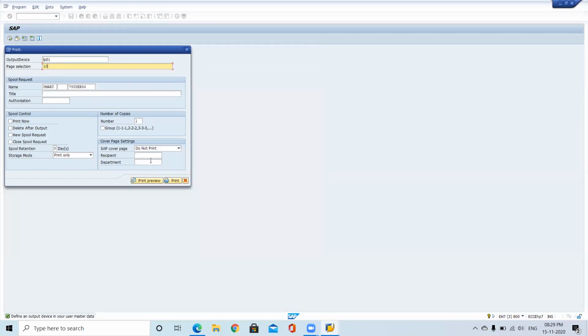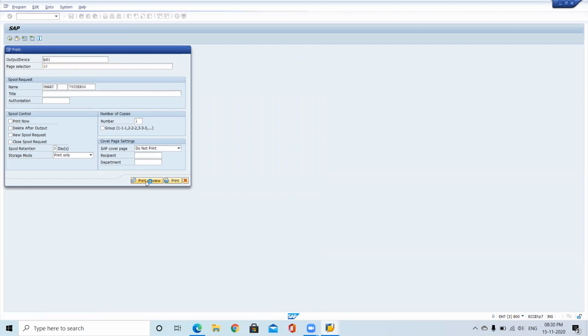So normally in a Word document also, at the time of printing, you can select the required page. It will ask whether you want to print all the pages or a particular page. Then you can specify. But from SAP also we are having that option, page selection. You can directly select the 10th page, page selection as 10. You directly pass print preview.